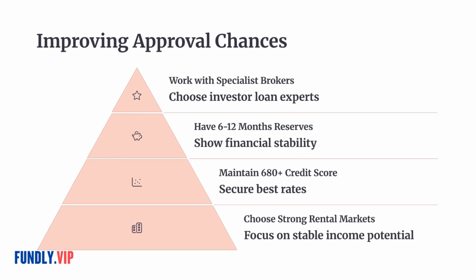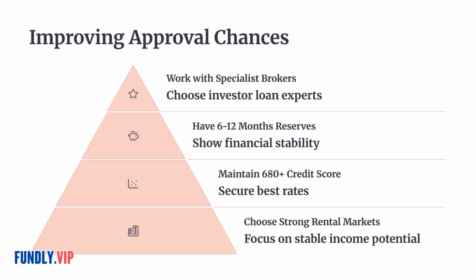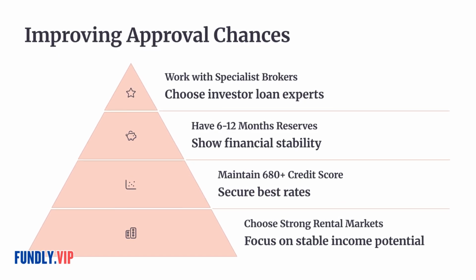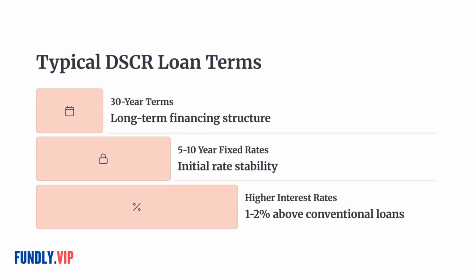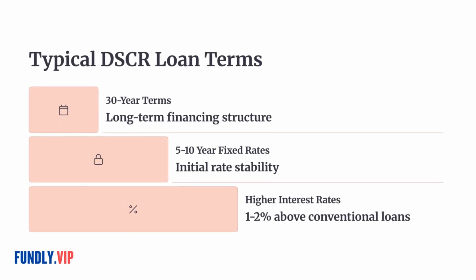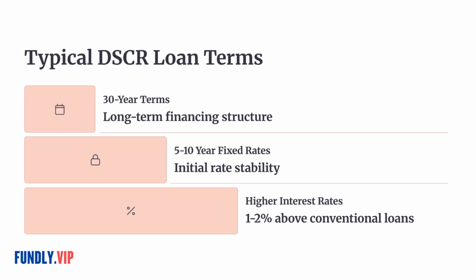How can you improve your chances of DSCR loan approval? First, focus on properties with strong rental income potential in stable markets. Second, maintain a credit score above 680 for the best rates. Third, have reserves equal to 6 to 12 months of mortgage payments. Fourth, consider working with mortgage brokers who specialize in investor loans rather than traditional banks. Many investors also create a property analysis package showing comparable rents, occupancy rates, and projected cash flow to strengthen their